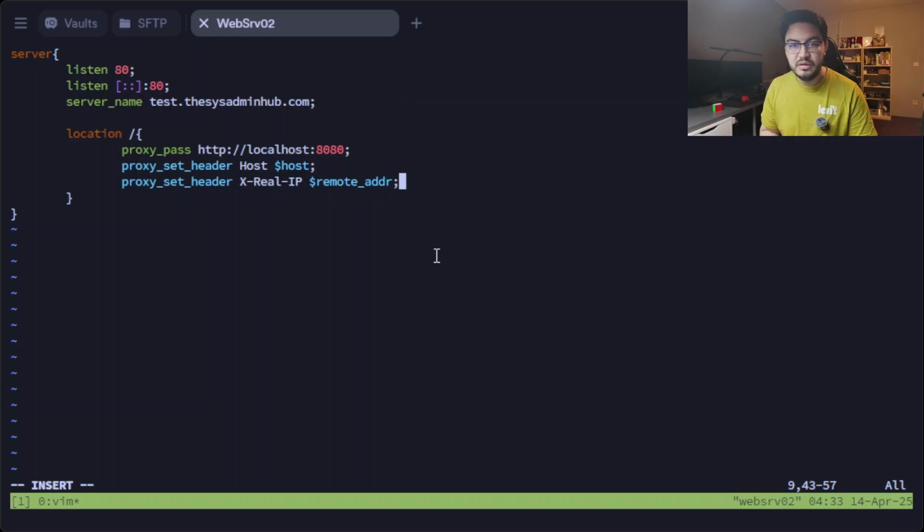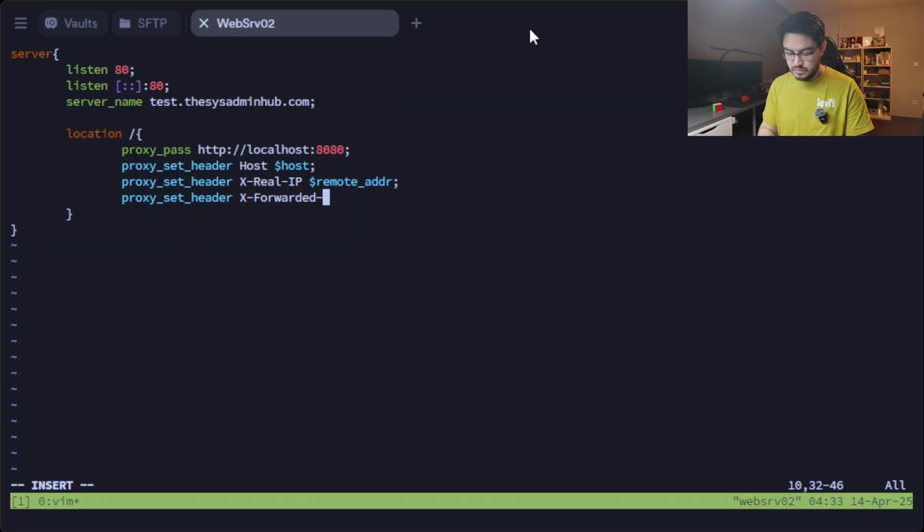This one will forward the IP to the Docker container or to the service of the person that's visiting the site. Then we need a proxy_set_header X-Forwarded-For